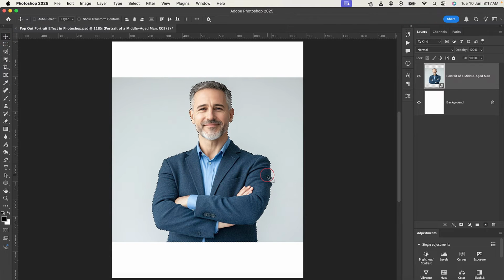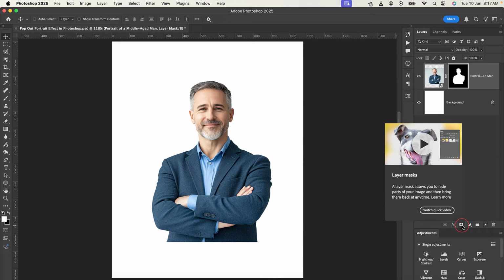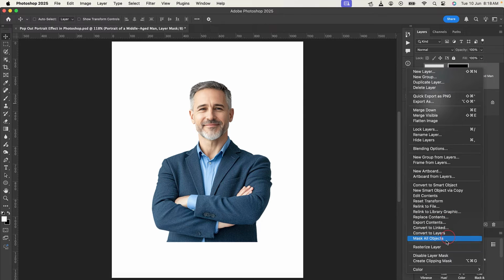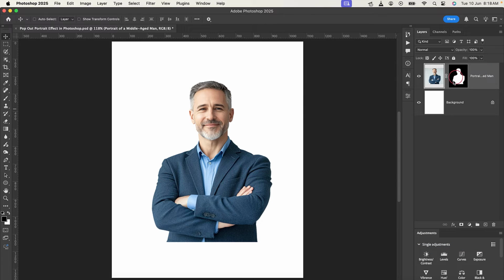And with the selection active, I'll left click this side to add the layer mask to it. Then I'll just rasterize it and right click and apply my layer mask. So now I'll press Command J or Ctrl J to duplicate the model's layer,